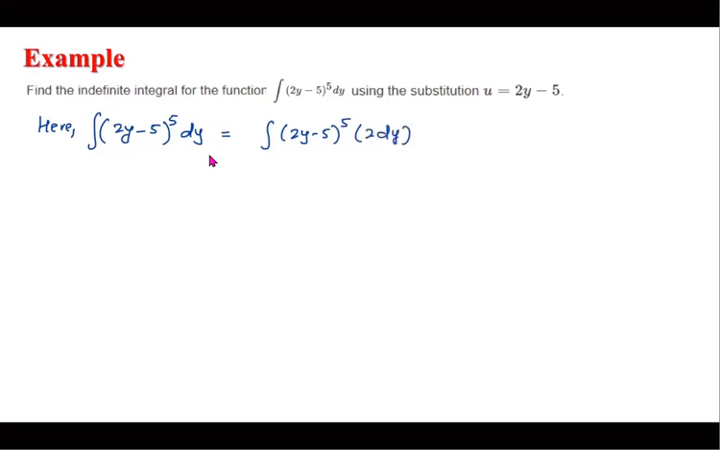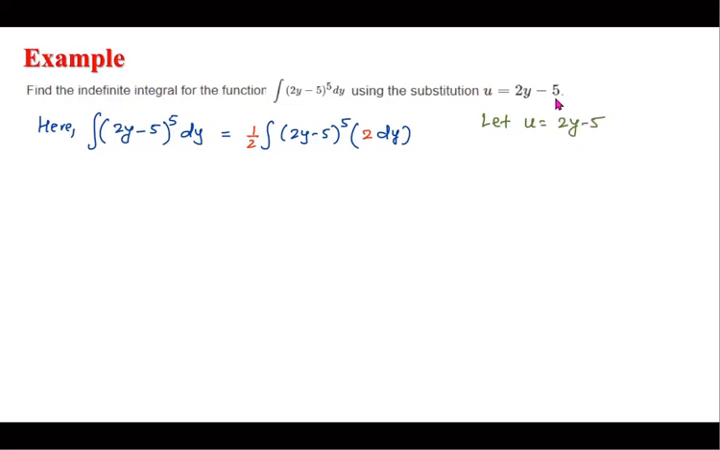Okay, we can multiply here by 2 dy, because the derivative of 2y minus 5 will be 2. But this 2 was not there. So in order to balance, we also need to multiply by 1 over 2, because 1 over 2 multiplied to 2 is a 1. Now we are ready for U substitution. And U is the inside function. U is 2y minus 5, which is already given to you. So let U equal to